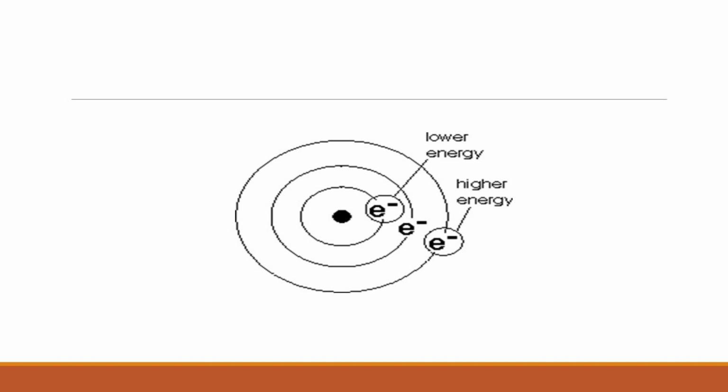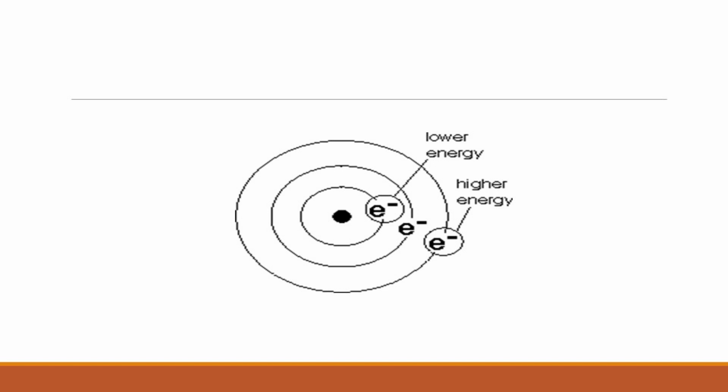What's the third rule? When the size of the shell increases, the energy of the shells also increases. Once again I repeat, when the size of the shell increases, the energy of the shells also increases. So the maximum number of electrons that can be accommodated in the outermost orbit is 8. Okay children? The maximum number of electrons we can accommodate in the outermost shell is 8. This is very, very important. So children, we have learnt about orbits and shells.